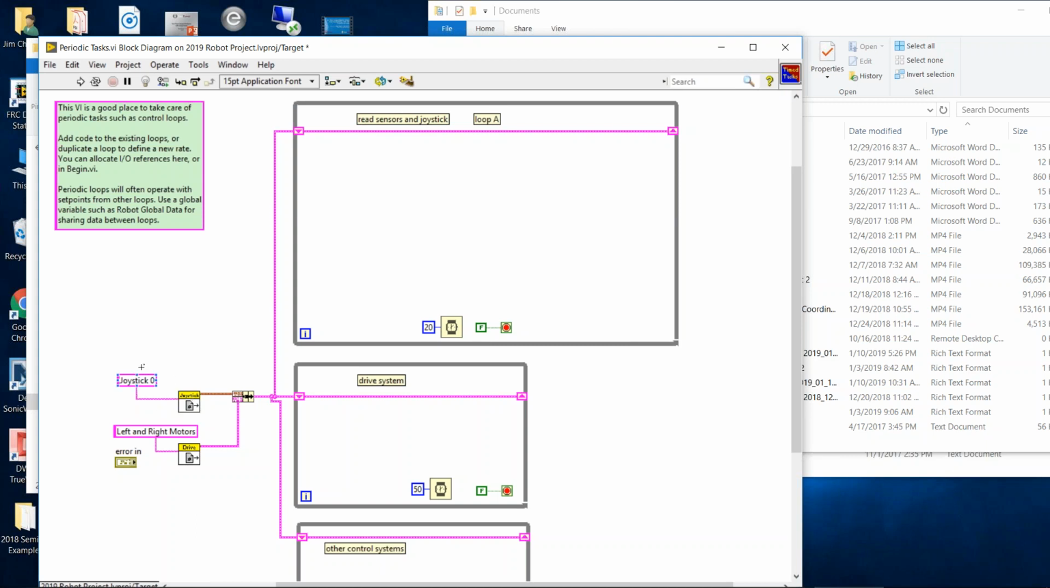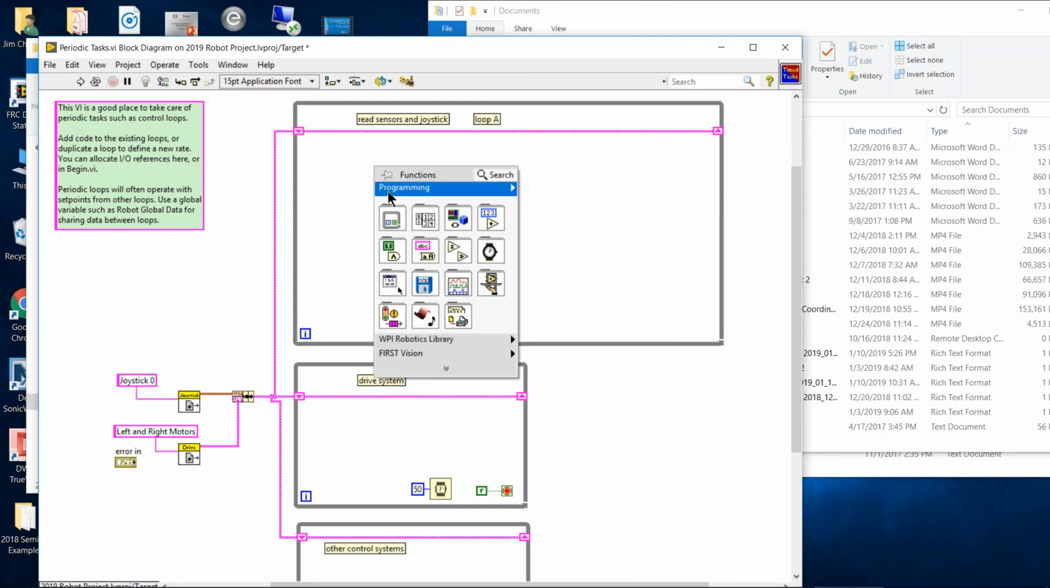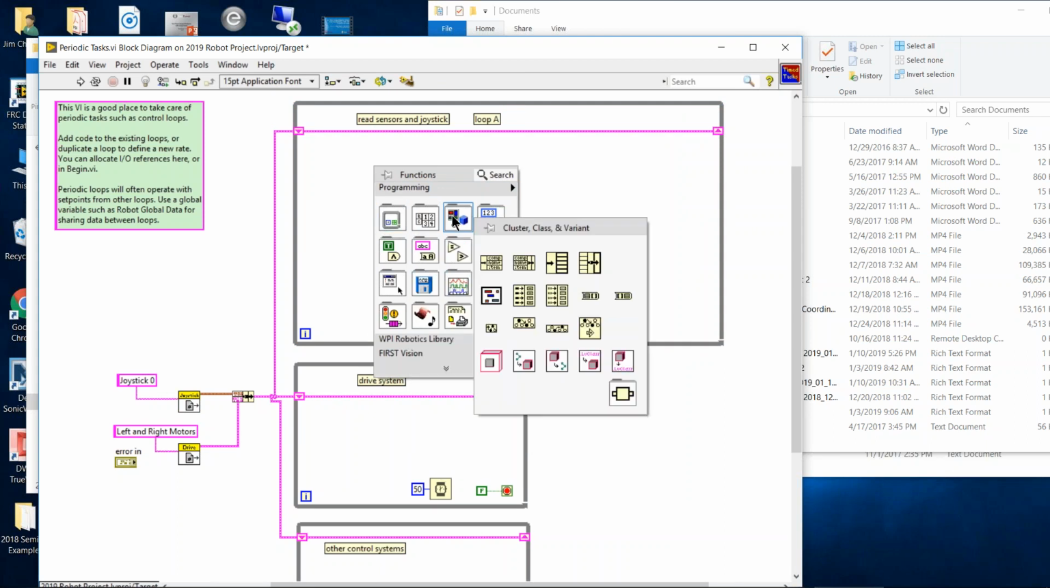I can see by this element over here that both the joystick and the left and right drive motors have been bundled into this pipe, which is the magenta line which goes through While Loop A. I need to unbundle that signal so I can get access to joystick number 0. To do that, I right click and select the Cluster, Class, and Variant palette,